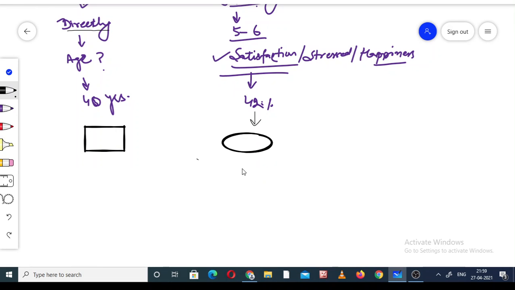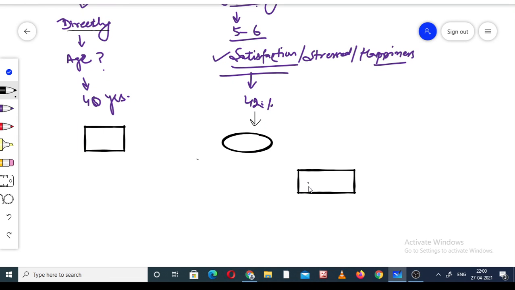If anything is written in the circle form, it means that is the latent statement, and if something is in the form of the box, that is the observed statement. Take this example: one side is the work culture.